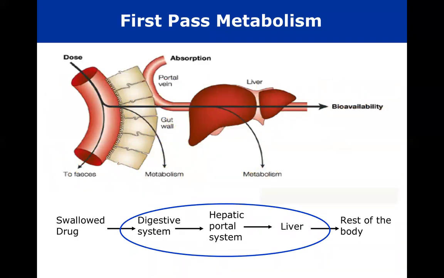If we look at this graph, this is the systemic circulation, and here is the bioavailability. Before reaching this side, the dose passes through the GIT, and from the GIT to the GIT wall, from the GIT wall to the portal vein, from the portal vein to the liver, and from the liver to the systemic circulation. So the fate of swallowed drugs is to be